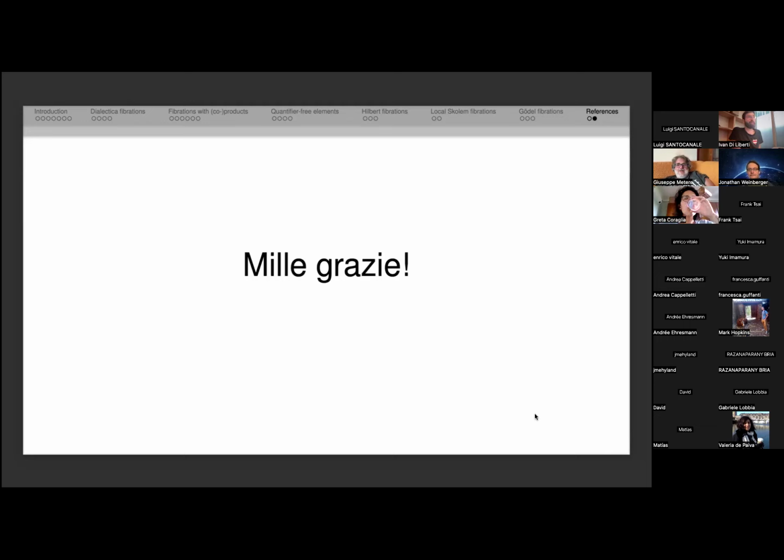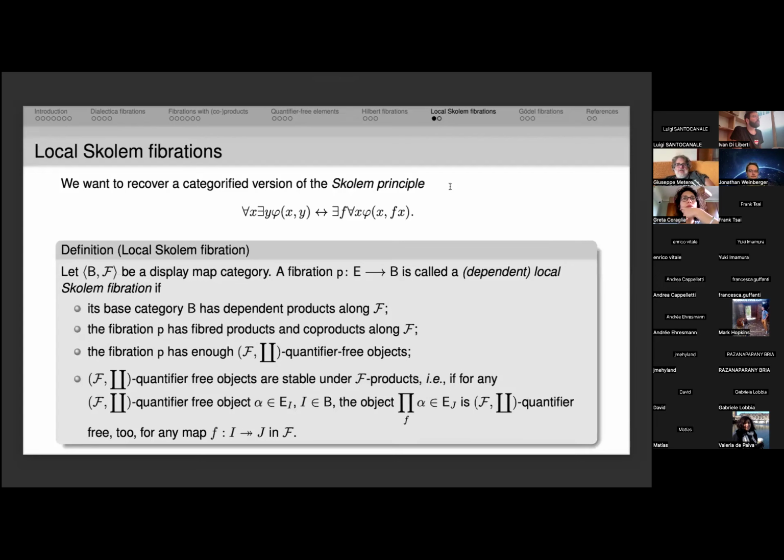So while people think about it, I actually do have a question concerning the local Skolem fibrations. I wanted to ask you whether in this characterization, did you actually think about whether this could be a completion process? Like there could be a KZ monad whose algebras are precisely local Skolem fibrations, in the spirit of